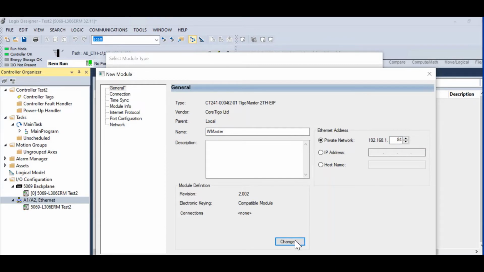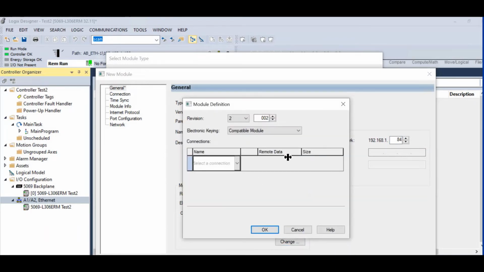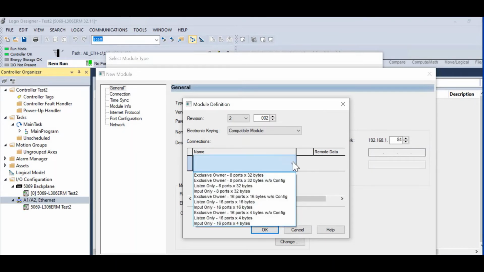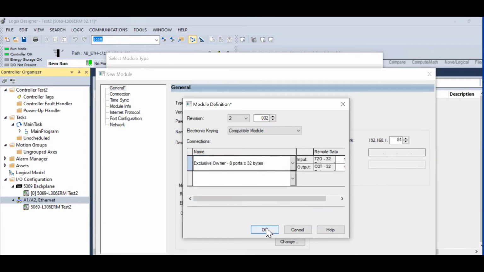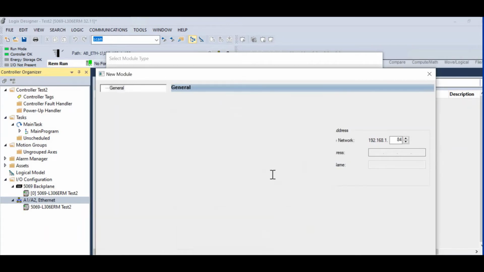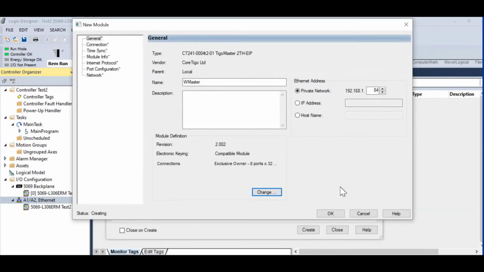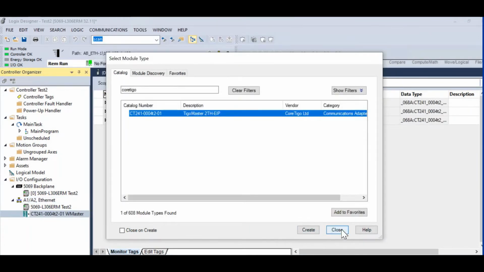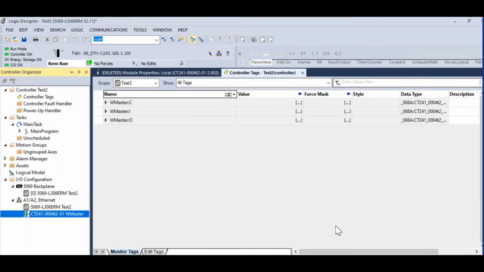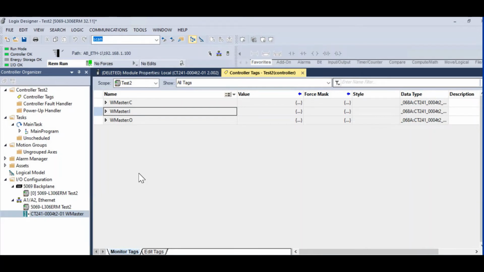Under Module Definition, click Change in order to see all the connection types. Here we can see all the connection types, and in our case we will use the 8 ports 32 bytes since this is the only connection type that allows configuration. We will click OK, Yes, and Close. We can already see in the controller tags the process data in tags,